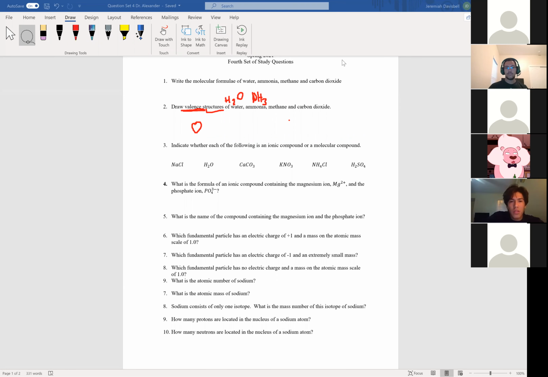When you're drawing these valence structures, you usually go around each side first: a dot here, a dot here, and a dot here. You go all the way around the element first. It has 4 sides, so once we've gone around, you go over it one more time because it has 6. So that would be your valence structure for oxygen. Now let's get the valence structures for the hydrogens. Let's draw an H right here, and I'll draw the other H over here. How many valence electrons does hydrogen have?